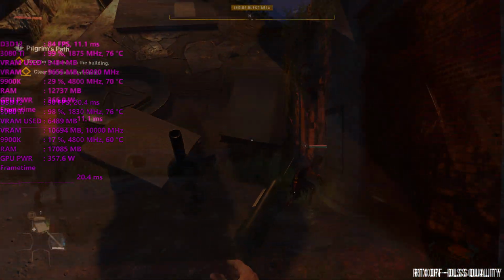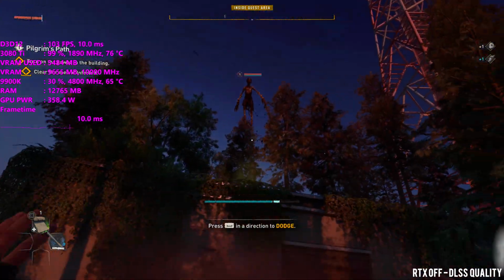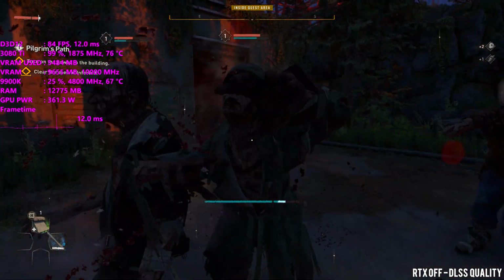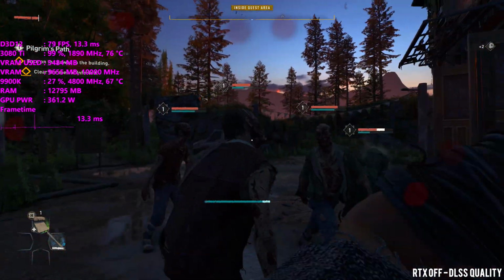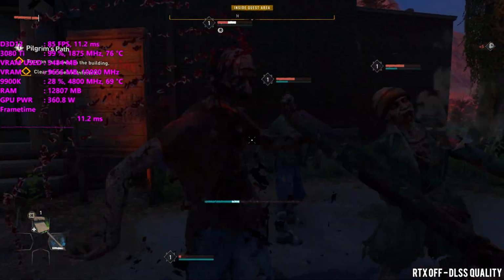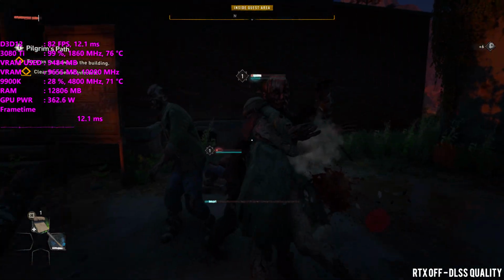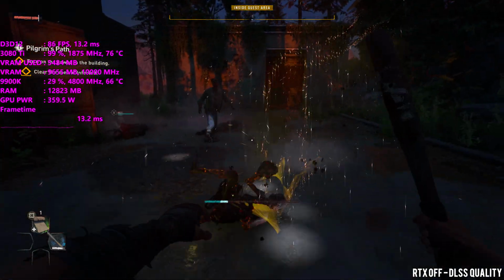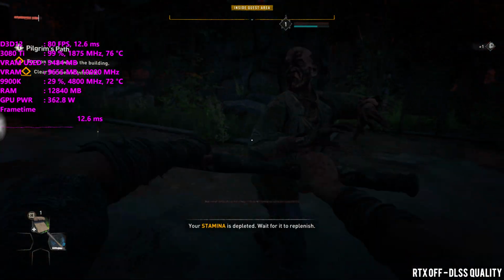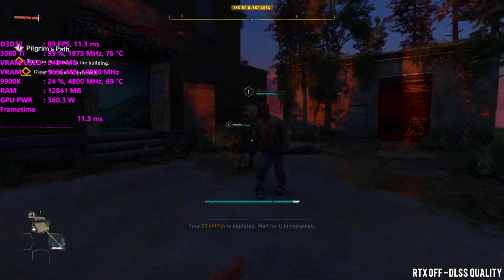Now, with ray tracing off, the game does run pretty well, although there are some instances where you will see frames drop down below 60 if you're running everything maxed out. Tweaking some options like shadows and fog can definitely help boost the performance in the game a fair amount, and should get you over 60 frames per second if you're running at 4K on a 3080 Ti, which obviously not everyone is, but we're more so just talking about overall performance in general. If you're having performance issues, those are things you should look to adjust, as well as introducing things like DLSS